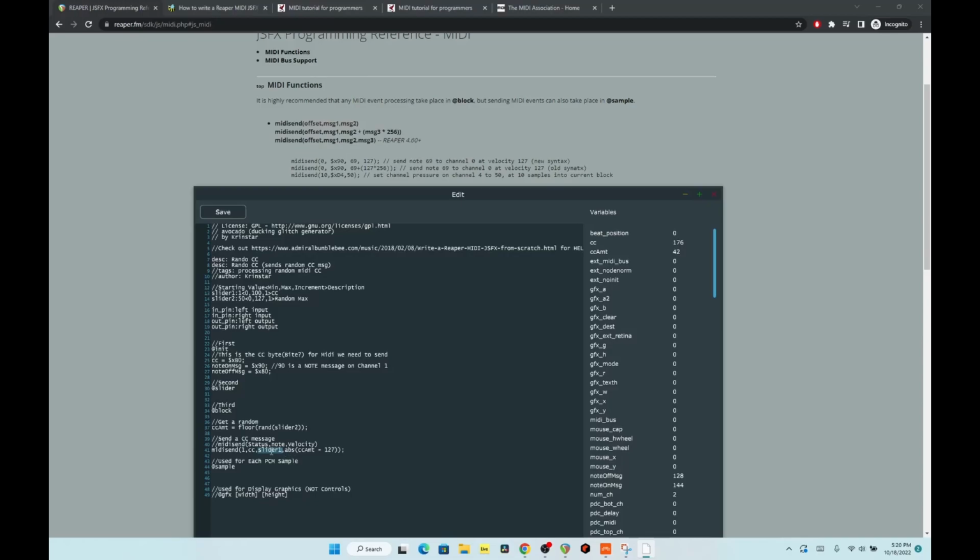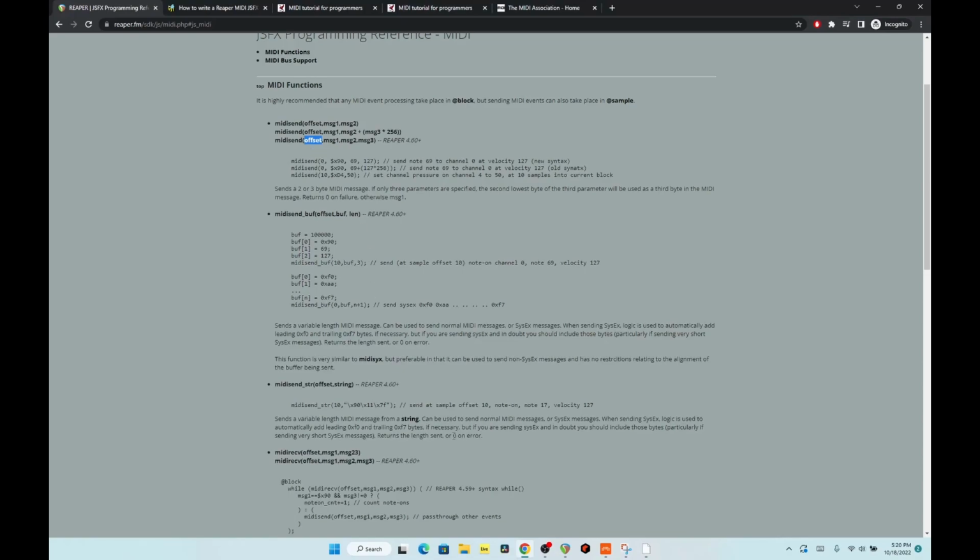The value. So if this was a note on, you would send whatever the value is for your note, which I think is up to 127 or something like that, for what key you're pressing down, you know, C sharp or whatever. And then this is the velocity or the amount in the CC message. But there's 4 different things I'm sending down here. There's only 3 up here in this description, and every one of these has one, except for this offset thing. Well, lo and behold,